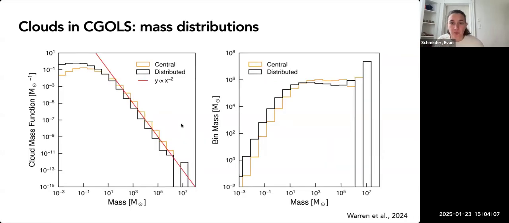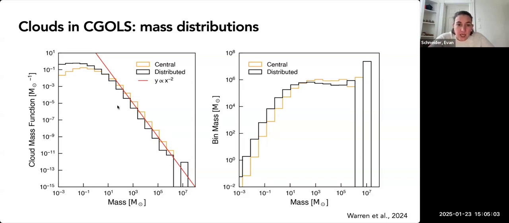All right. Now I want to move on a little bit to talking about the mass distributions, because I think this is going to lead into the second half of the talk. This is just showing you a normalized histogram of the cloud mass in both simulations. On the left is the normalized PDF, and on the right is mass per bin. One thing we see in both simulations is that, to very high accuracy in the resolved portion of this histogram, the fit to this slope is precisely -2, which, if you are familiar with mass PDFs, basically means equal mass in equal bins,